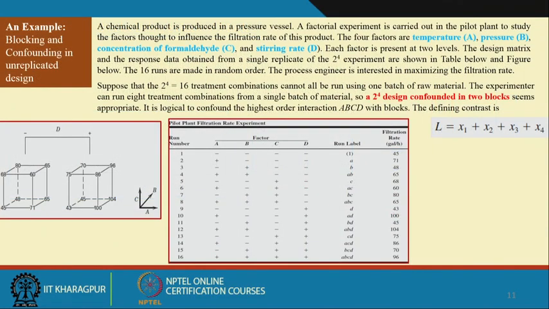So with this background, let us see one example, and let us estimate the effects, and see which of the effects are significant and which are not significant, and develop the ANOVA table like this. So we have 4 factors A, B, C, D. They are temperature, pressure, concentration of formaldehyde and stirring rate, each with 2 levels. So you know that there will be 2 to the power 4, that means 16 treatment combinations,